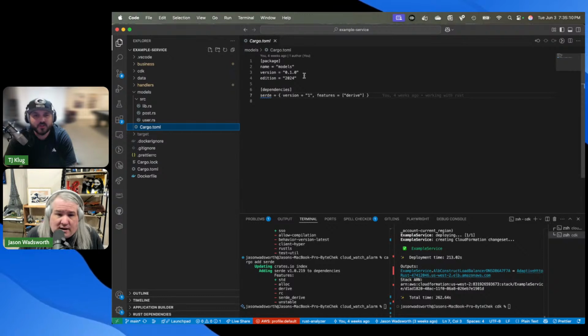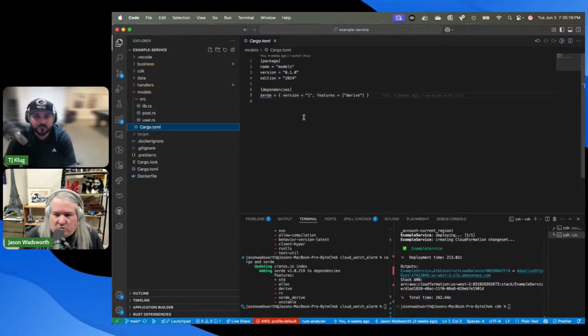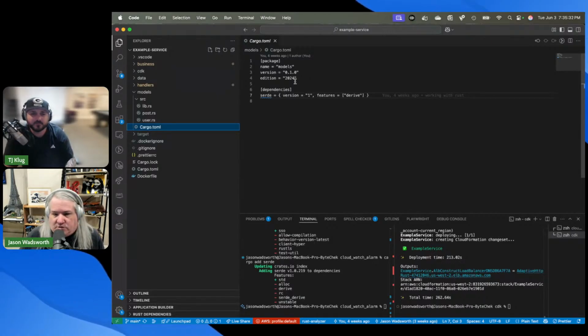TOML files, by the way, workspaces, right? Yeah, this is a workspace at the top level when you want multiples, and inside each one is just a package. So package is what you most often do. When you see examples, they're all going to be packages. Lambda 2? Lambda 2, yep. And when we talk about that, that'll be kind of interesting. You'll see every Lambda function is its own little program.